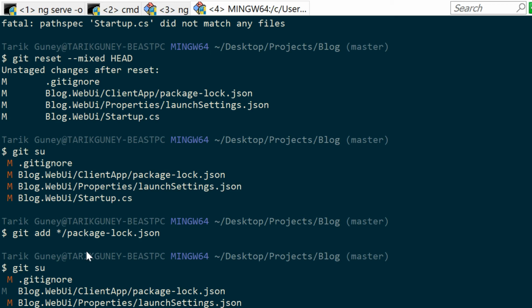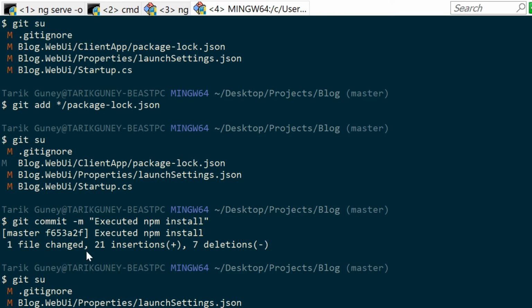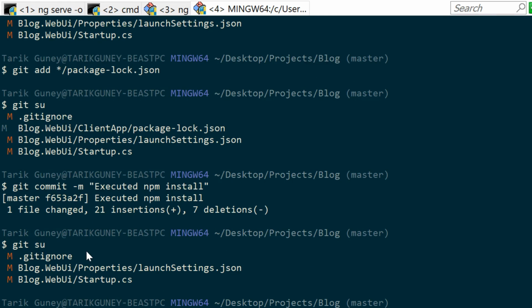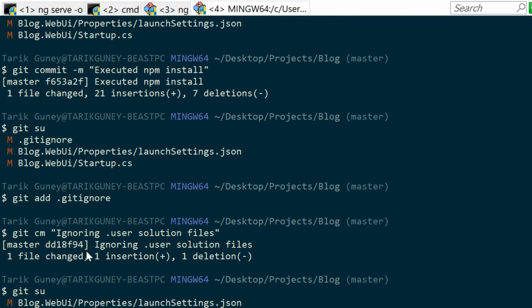Execute it, npm install. So git add git ignore, ignoring user solution files. All right, now I can say